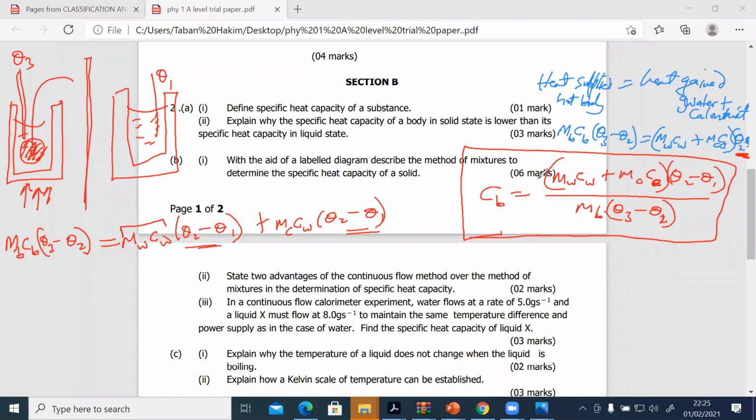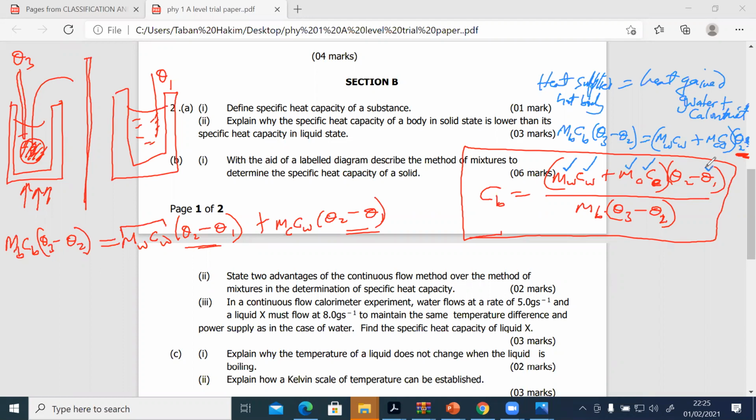If you know the conclusion, then you can think of what to write in whatever way. What do you need to remember here? In your description, you're going to be talking about the mass of water in the calorimeter. You're going to talk about the specific heat capacity of the calorimeter, mass of water, which is MW, and then the specific heat capacity of water, mass of the calorimeter, specific heat capacity of the calorimeter,